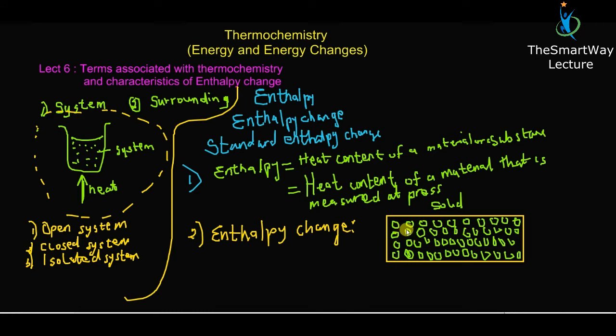Because the particles are not at rest and are always vibrating, we can only measure the change in the heat, because the particles are not stopping. They are always vibrating, and the heat within the system is always varying. If you want to measure the absolute heat of a system, then we have to stop every motion of every particle, that is atoms, molecules, or ions within the system, which is practically impossible. It will defy the law of thermochemistry, specifically the law of entropy.